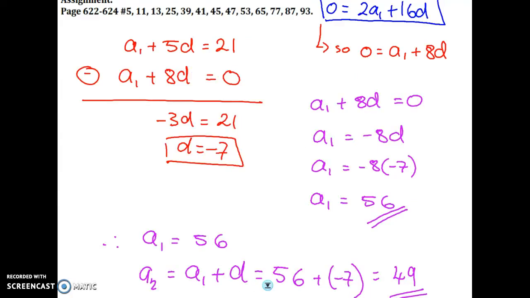Having solved the system, you should have established that the common difference was -7 and the first term was 56, and this allows you to confirm that the first term is 56 and the second term is